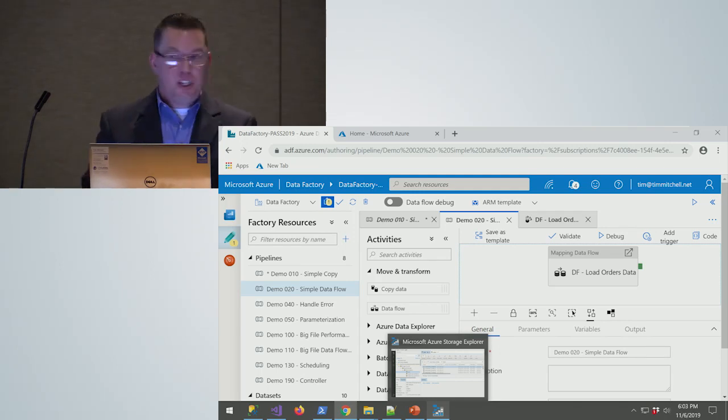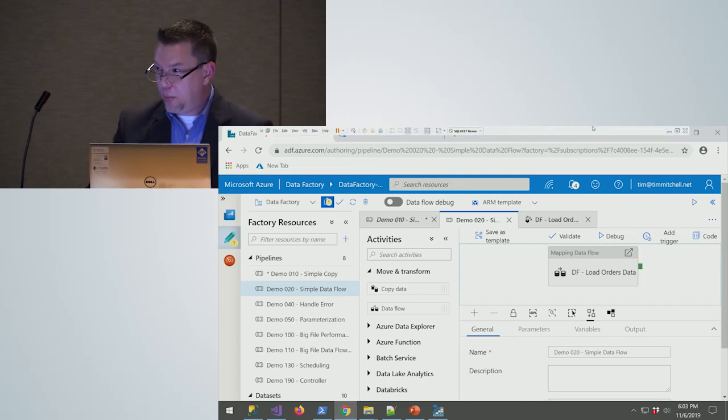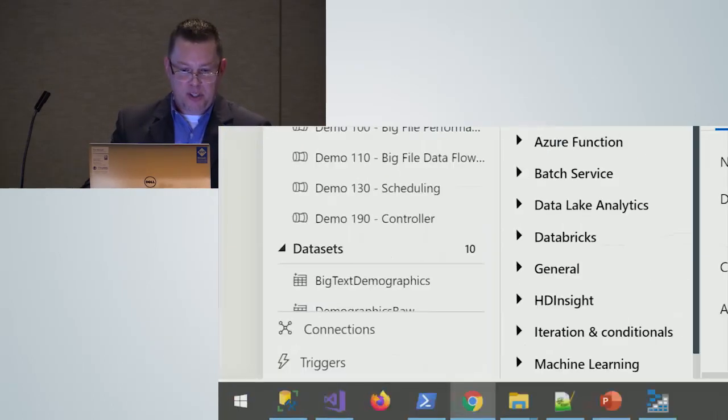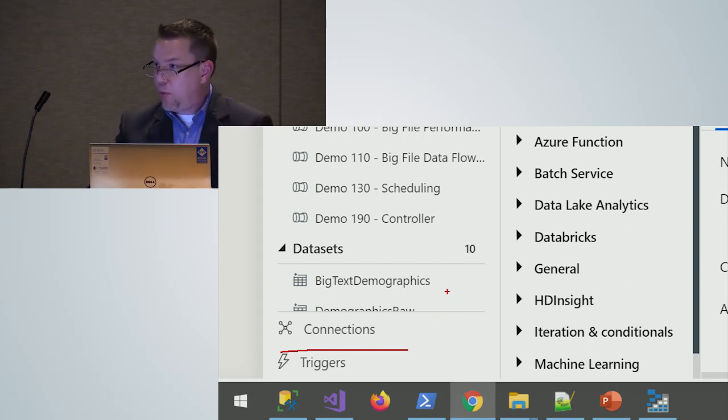But a lot of the pieces are still in place. So again, if you're using Integration Services right now and you're moving over to ADF at some point, the sources, the destinations, the data flows, your connections are found in here as well. So if I scroll all the way to the bottom, you'll see connections are down here. All the assets that you'll see in Integration Services are represented in some way in Azure Data Factory. They'll work a little bit differently. They'll probably perform a little bit differently. But you're going to feel fairly comfortable fairly quickly when you move over there.